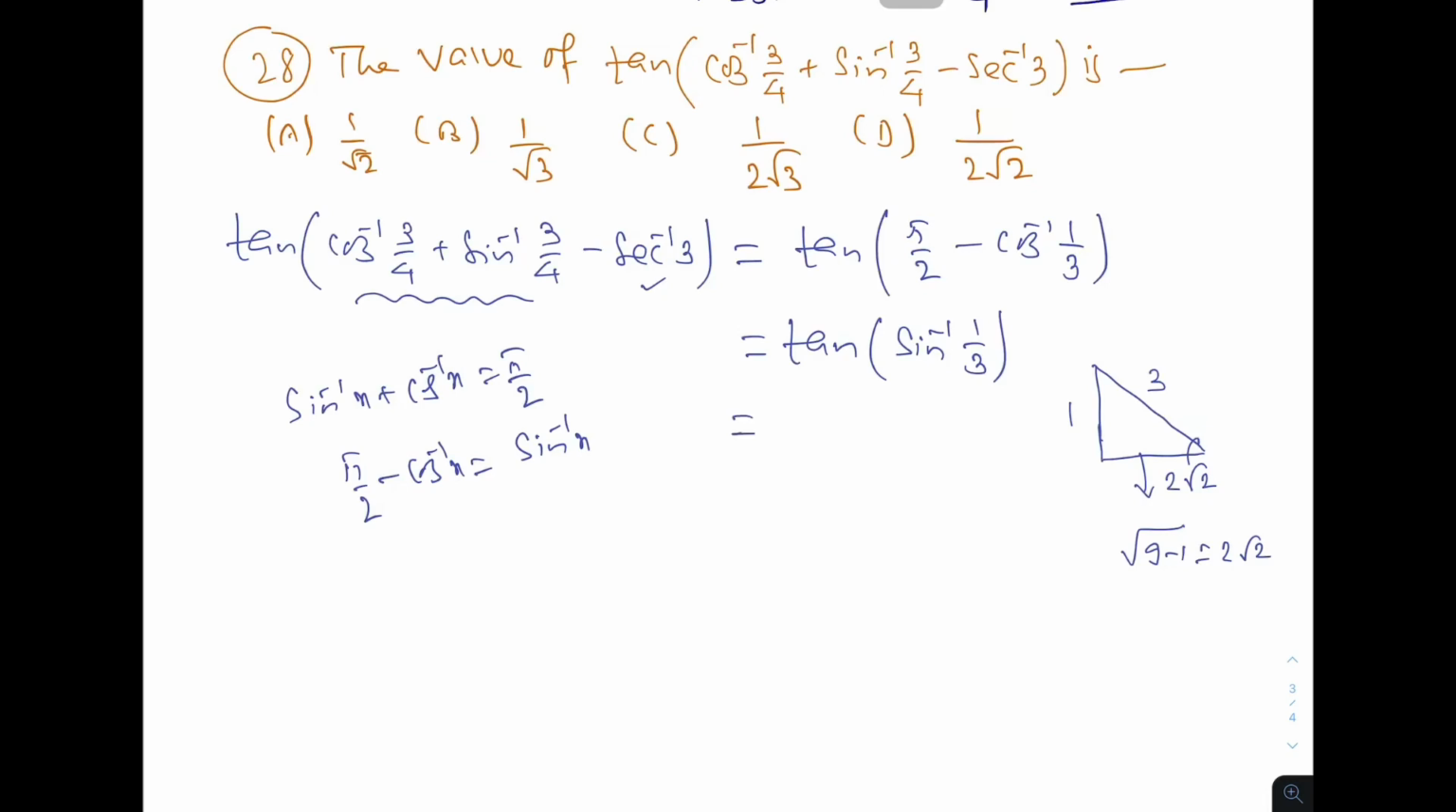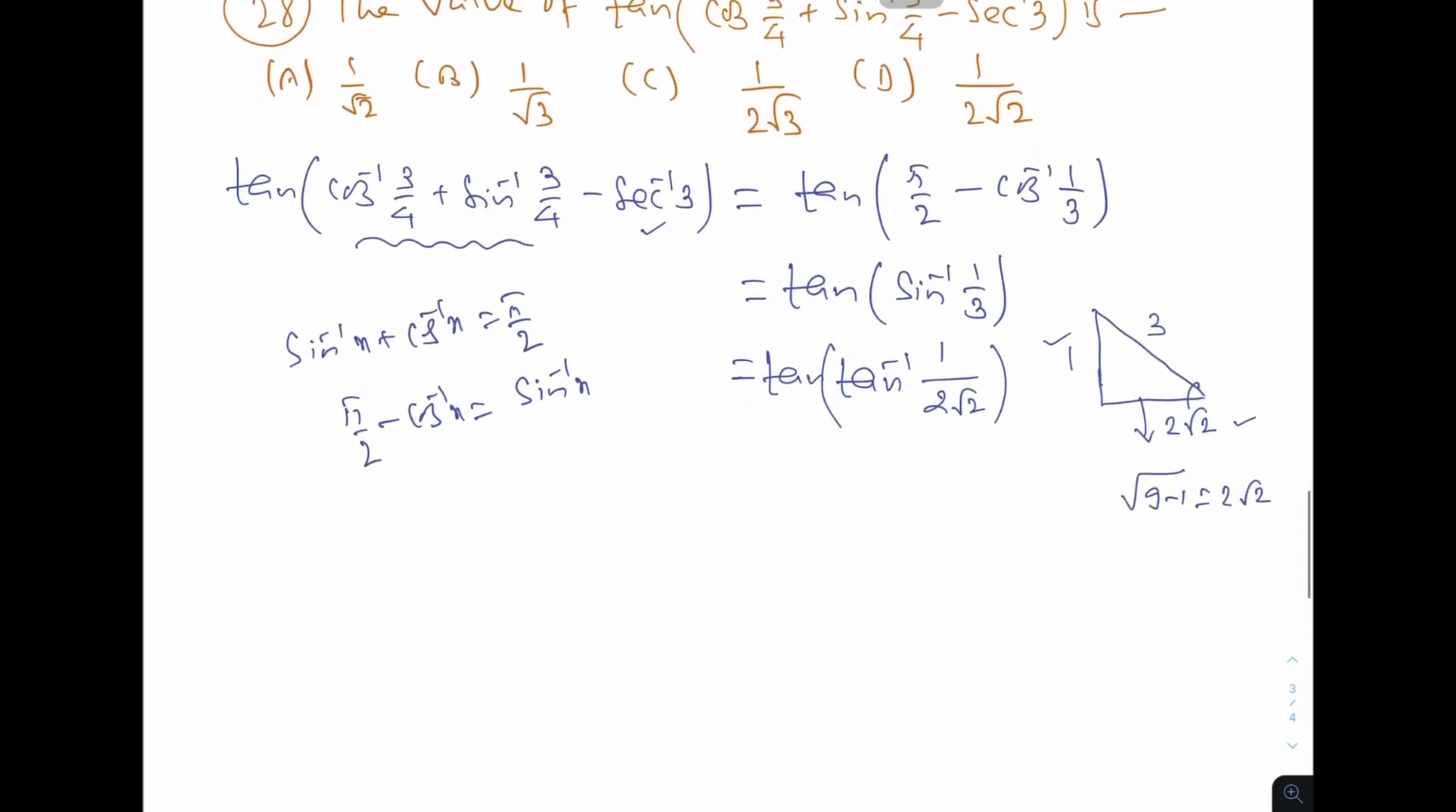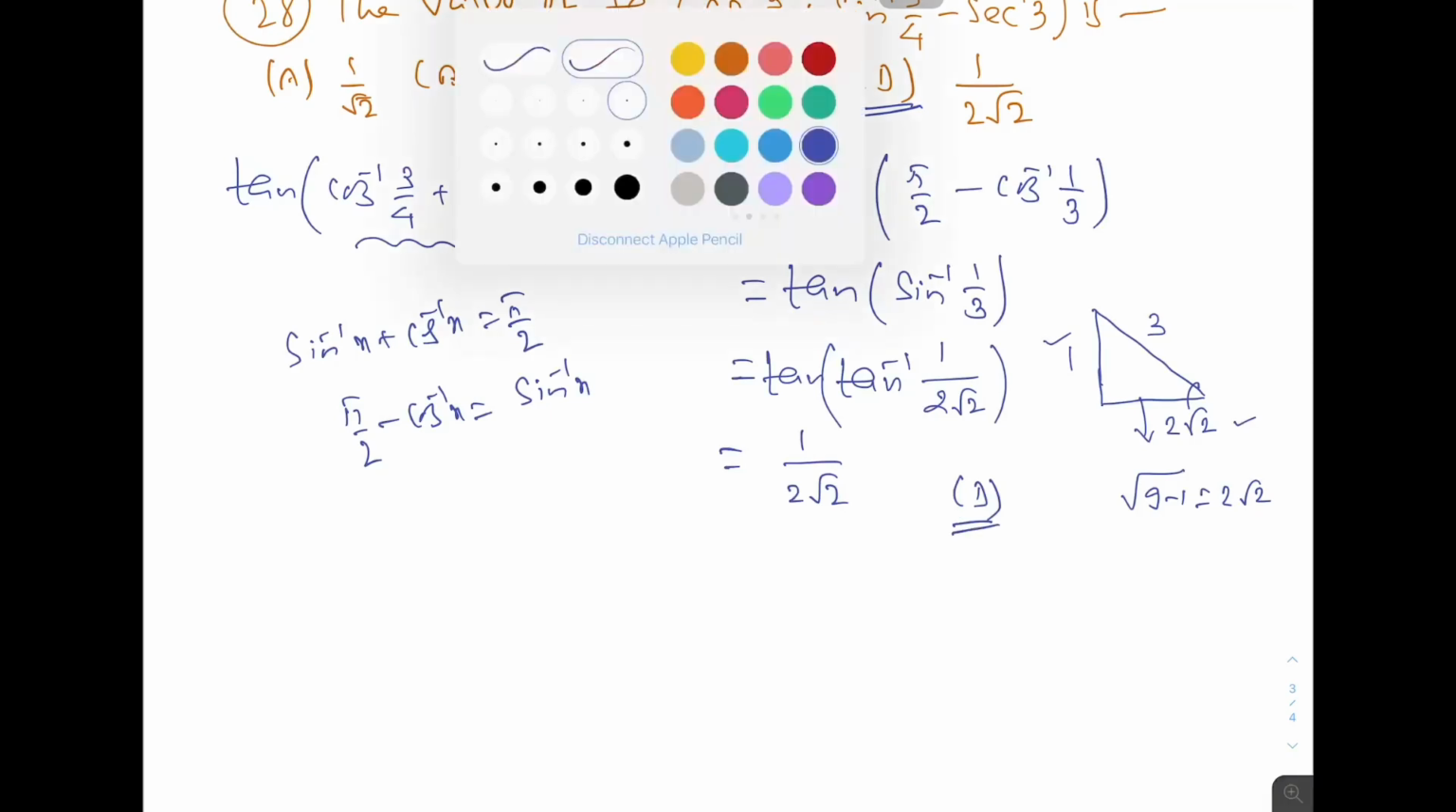Okay, and so this is equal to tan of tan inverse 1 upon 2 root 2, and so the answer is 1 over 2 root 2. So this option D is there. Okay, next let us see